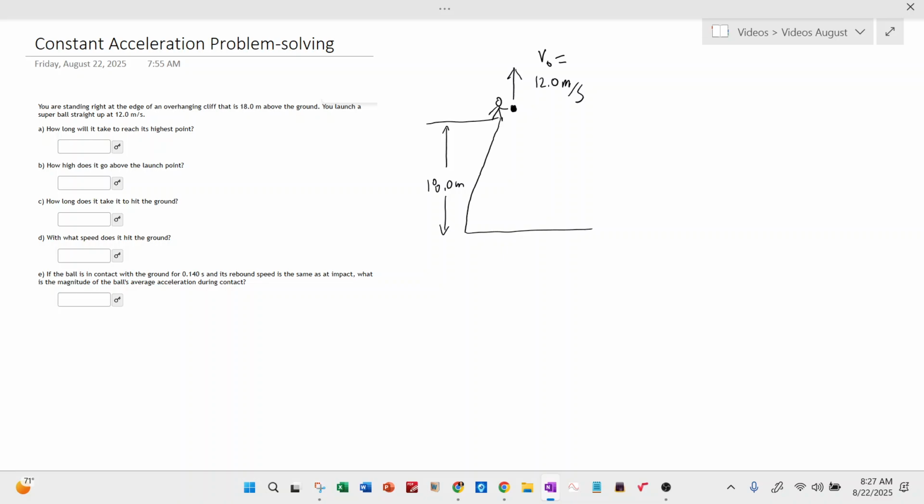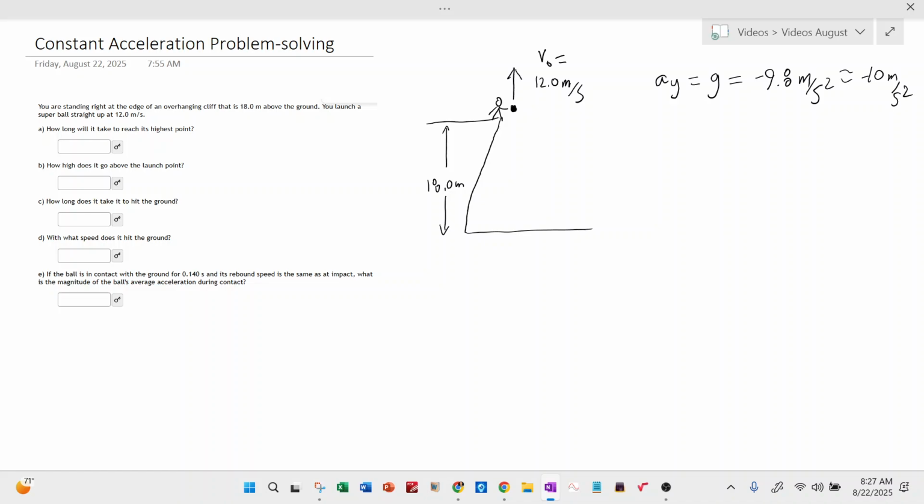Now, next thing I would recommend doing is to identify things that you know about the situation just because you're a physics student. So one thing that you know when you see a problem like this is that the vertical acceleration is equal to the gravitational freefall acceleration, and that is negative 9.8 meters a second squared, which is approximately negative 10 meters a second squared. Okay, so then